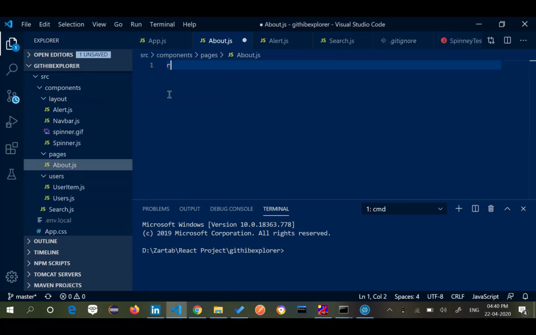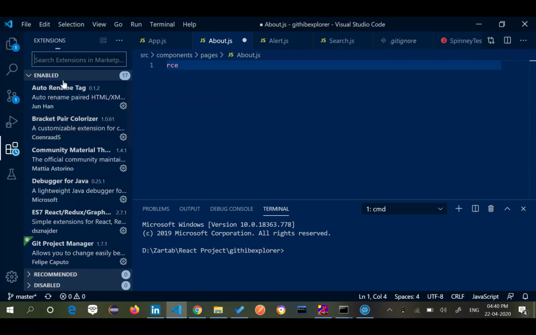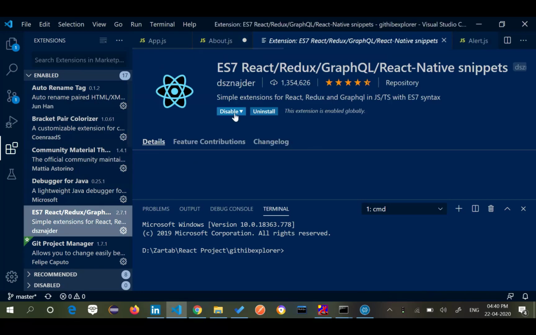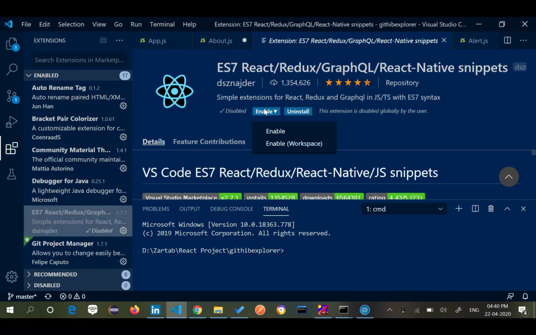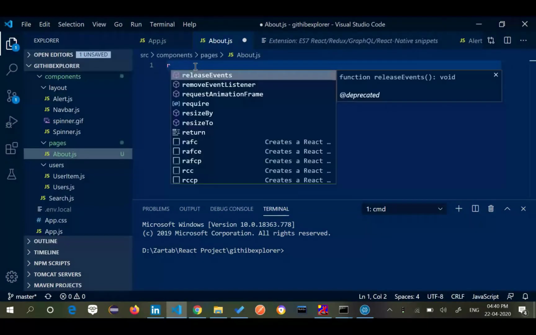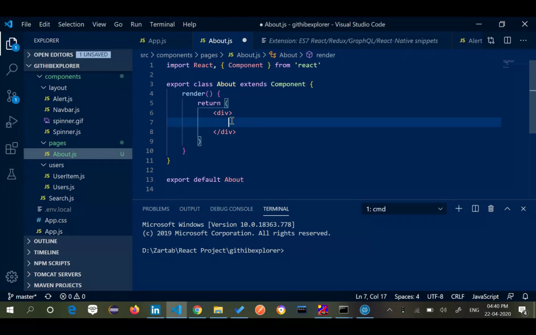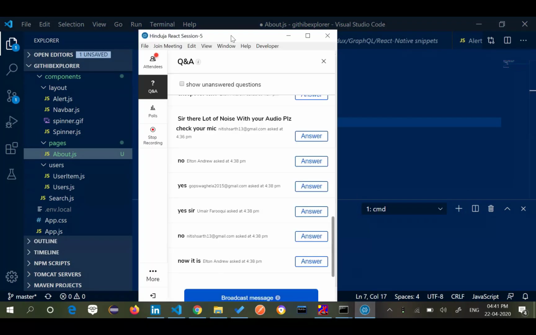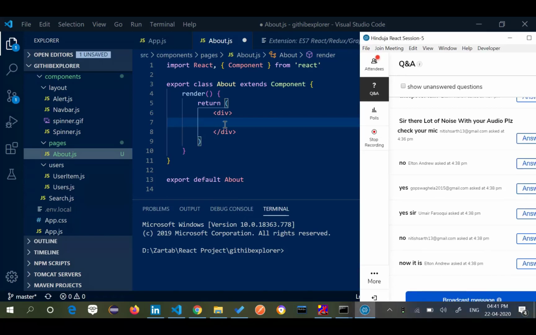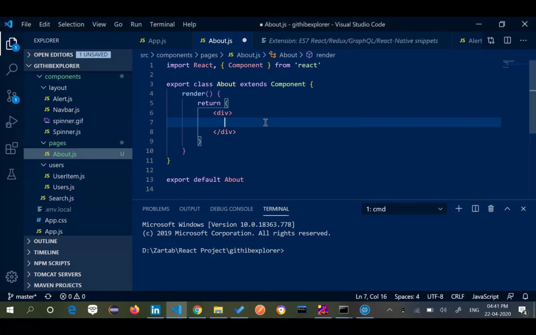Let me create about.js here as a class component. I'm creating a class component, about.js, and let me just put up some simple things here.